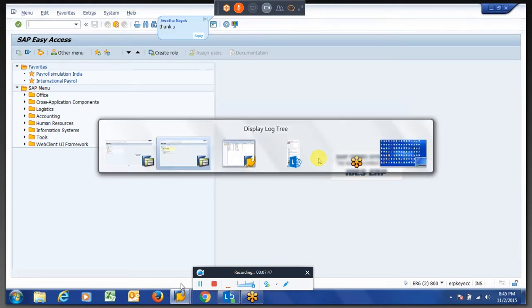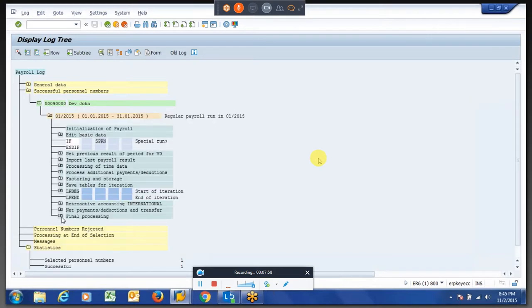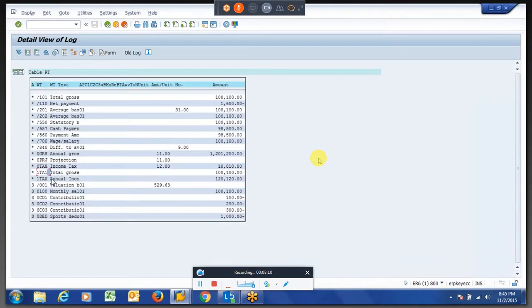So if you see the log, you will know what is the taxable gross or what is the annual taxable gross. So we have created the wage type for total gross, and we have an annual gross for tax.